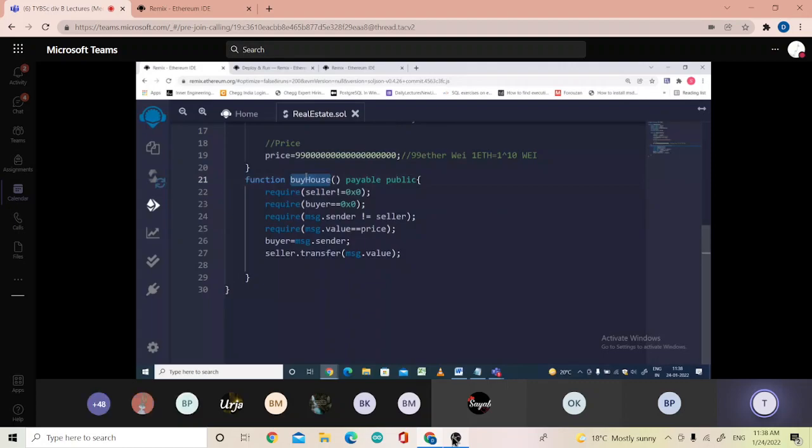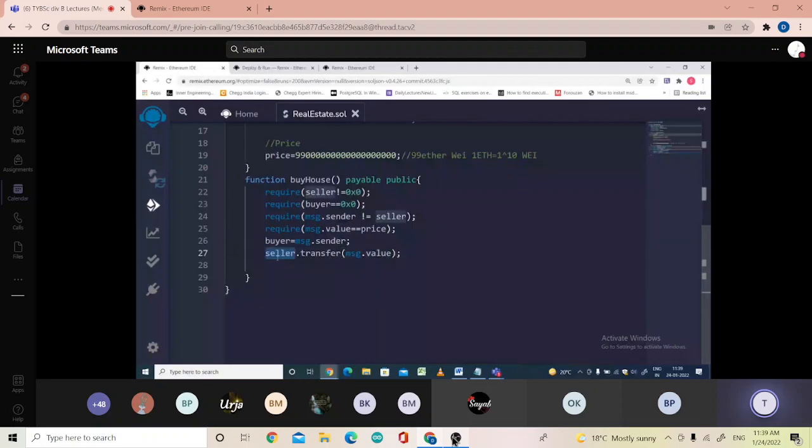ये buy house जो अकाउंट ने कॉल किया होगा, अकाउंट मतलब यहाँ पे हम 10 अकाउंट है, उसमें से कोई एक अकाउंट सिलेक्ट कर सकते हैं to invoke this particular function। the one who has invoked this function, that is the account who wants to buy this particular house, तो उसका जो एड्रेस होगा वो बायर में स्टोर हो जाएगा by using the message dot sender method। and then the value will be passed when that particular transaction will get called. This buy house function will get called, and that value should be transferred to the seller's account by using the